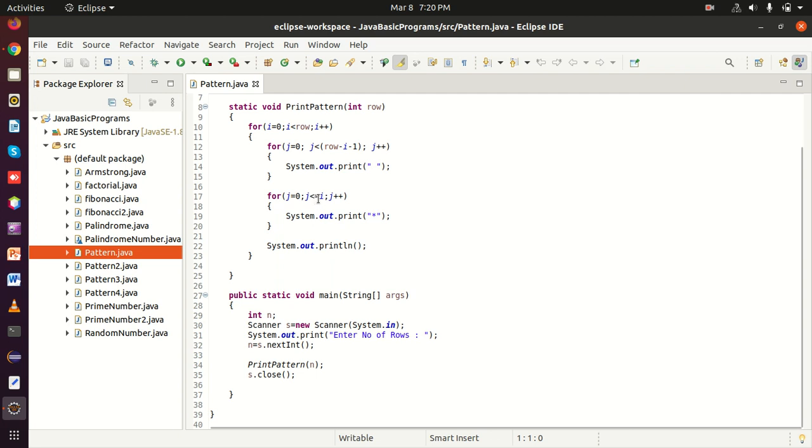So this condition is going to be true. Now control will come here and it is going to print a star. A star on which position? A star on position number 4.